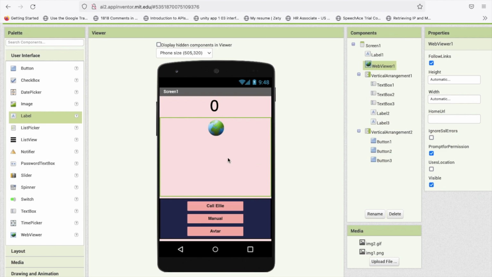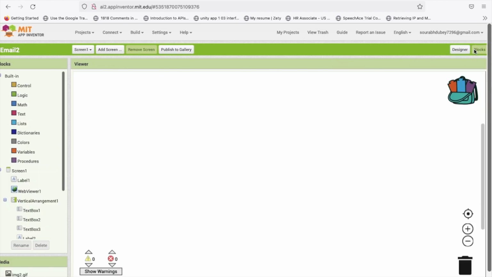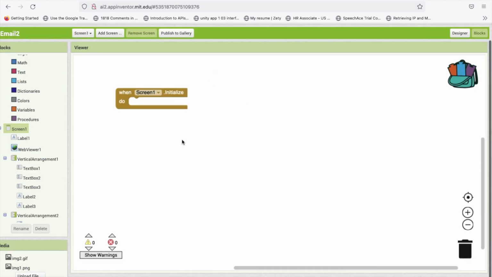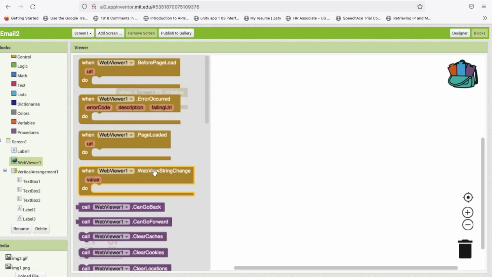In the initial stage, go to the block section, and whenever our screen initializes, I'm going to add a WebViewer here. Why is this blurred? I don't know why.